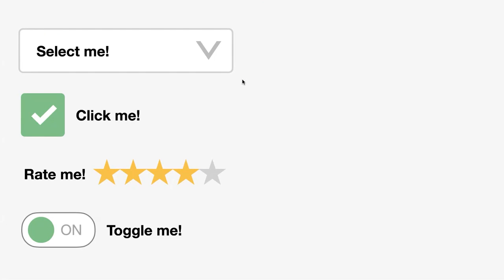Quickly, I've got a drop menu, a checkbox, some kind of 5-star rating widget, and a toggle button at the bottom. All four of those would actually fail under this requirement, purely down to their contrast. The green you saw on the previous screen is not contrasting sufficiently with the white or the eggshell gray around it.